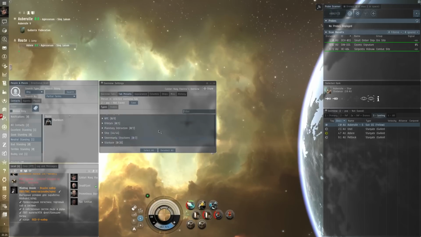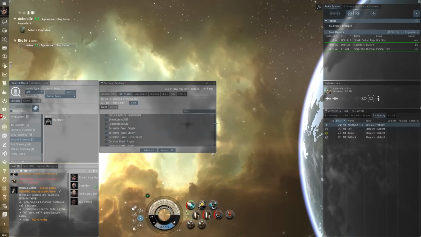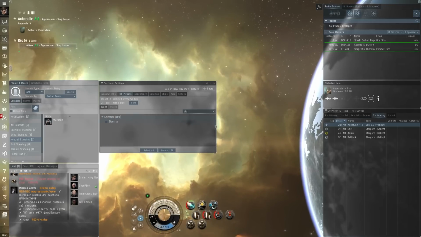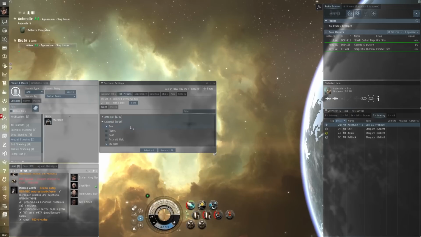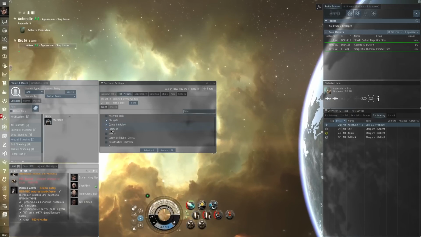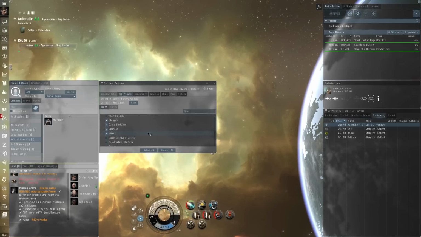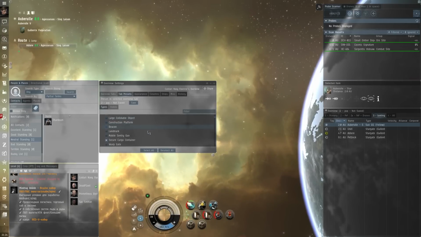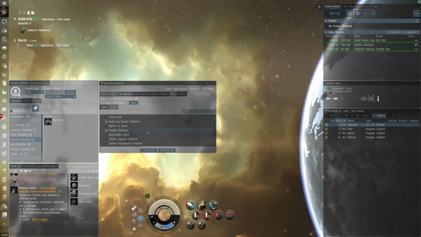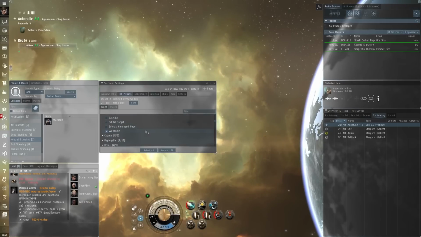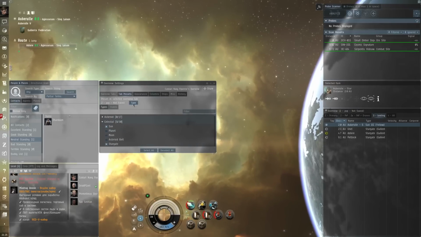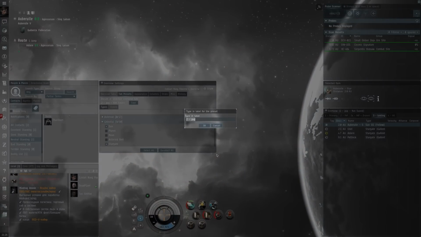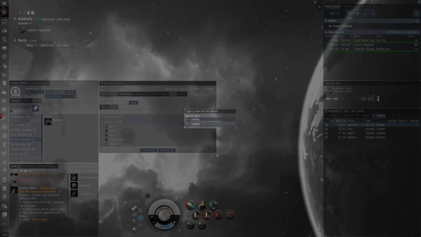We also want biomass to be on the overview here. Biomass, that's in Celestial. And Rex, we do want Rex to be on there as well. There's the Rex on there, and I think that's pretty well everything that I want on my looting overview. Let's go and save this as 3-looting,